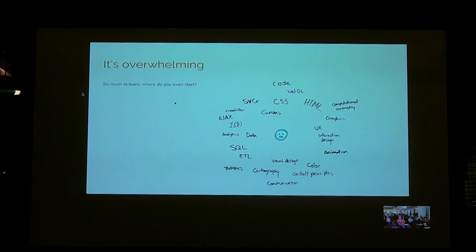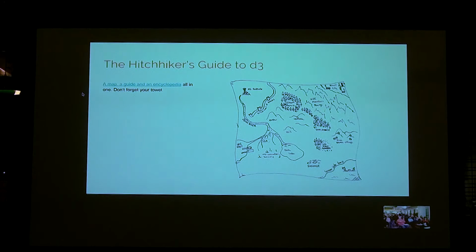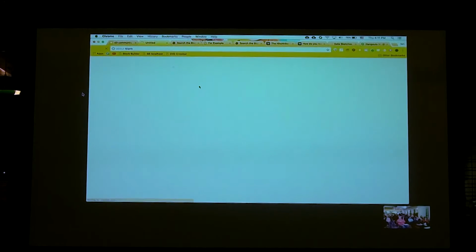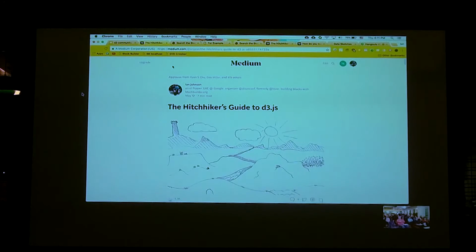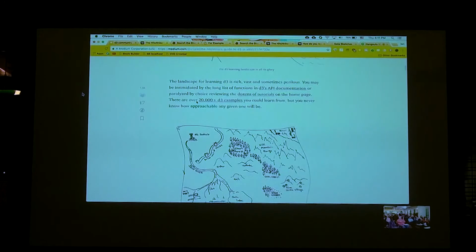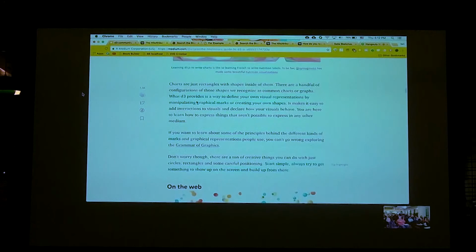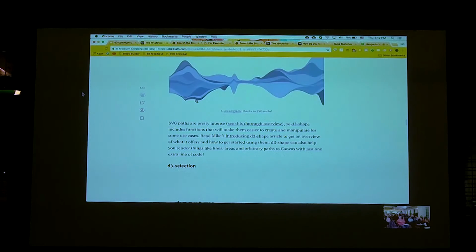Because in the Bay Area we've hosted a lot of workshops and meetups, I've had the chance to meet a lot of people who are new to this. And I ended up writing a post called The Hitchhiker's Guide to D3. We're trying to map out the space and give some good starting points to help people get oriented and get started. So I encourage you to check that out at some point. You can get a sense of some of the concepts, some of the tools, and some of the places to start learning the actual API.